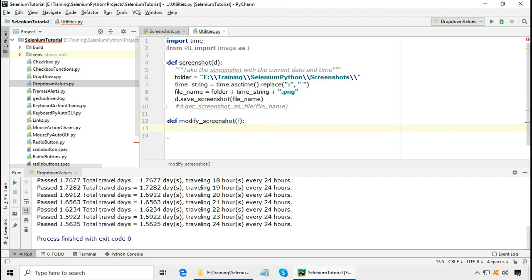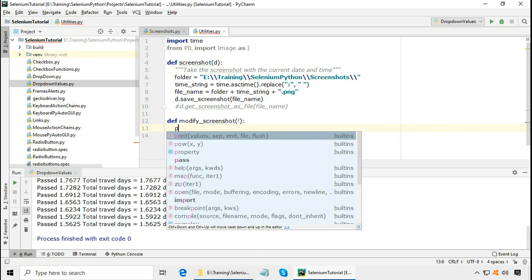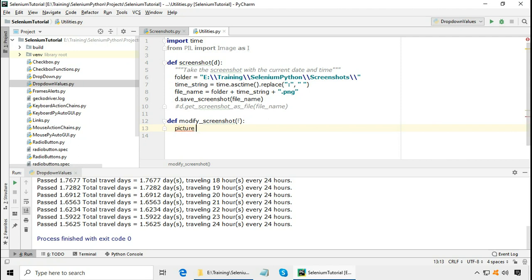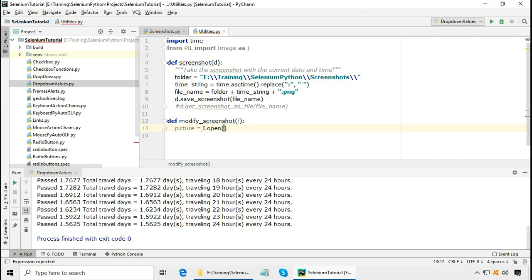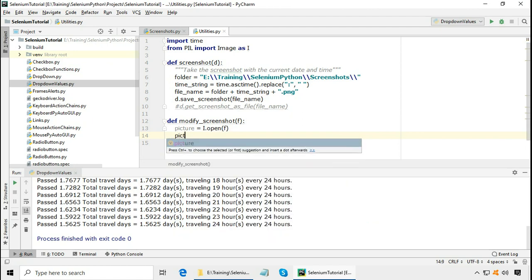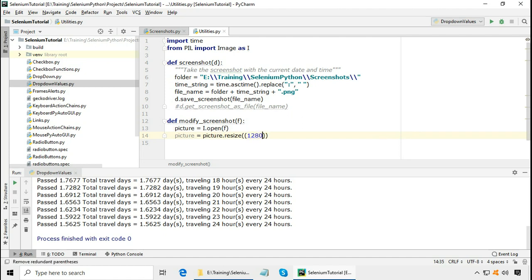First let us open the screenshot, define a picture variable. Picture is image.open and give the file name. Now we can resize this picture object. Picture is picture.resize, and we can give another resolution, for example 1280x654.